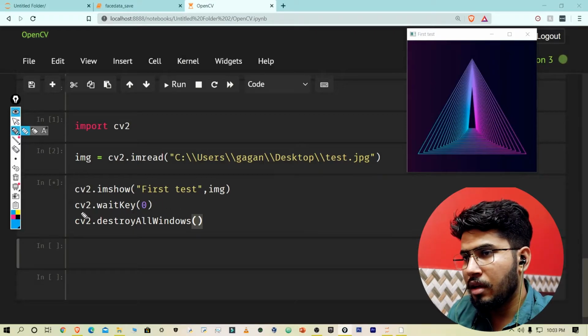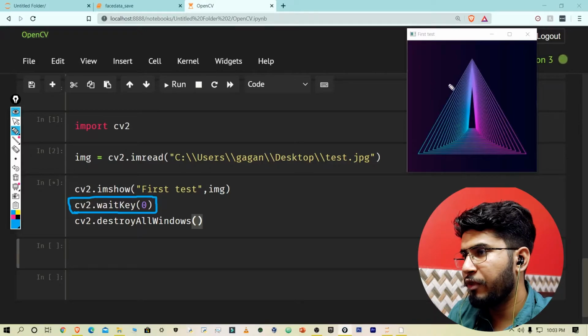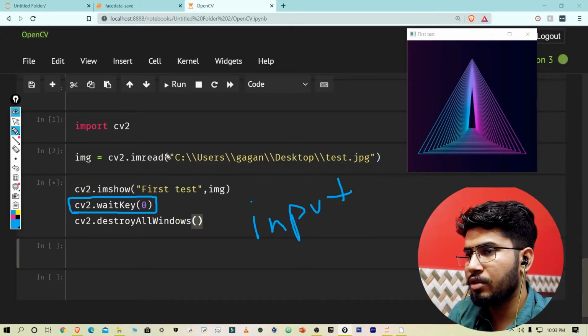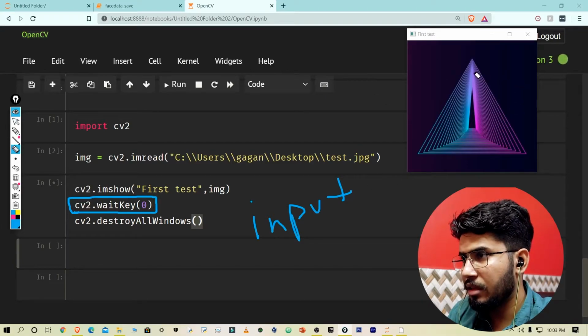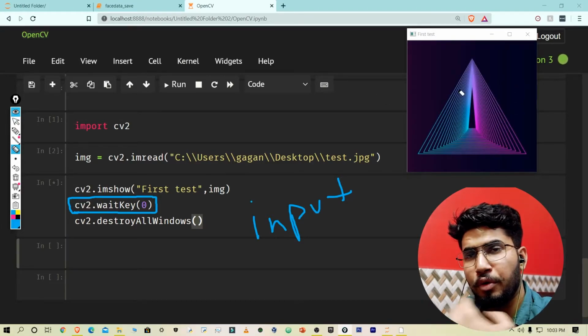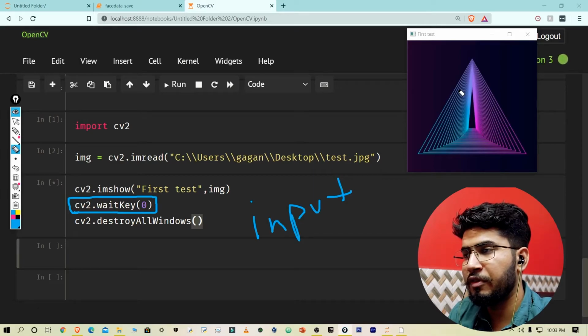The reason that it was interrupted before is that when we use this command, it waits for us like an input function. It waits for us to do something. Before, when I didn't use this command, it was opening this image and then closing it so fast that we were not able to see it.